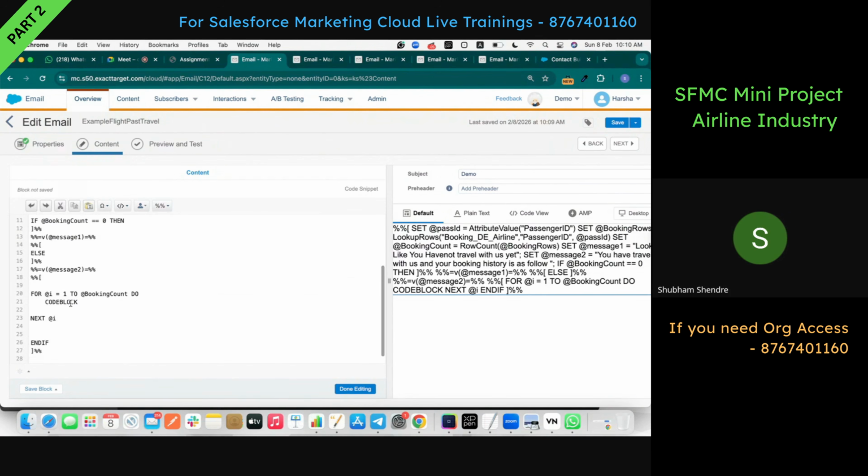How can I get it? By using the Row function, right? So I'll create one variable: SET @row. Row is a variable name, guys. I'll make it a small row. Set row equal to